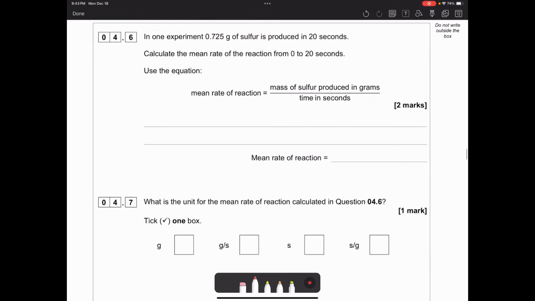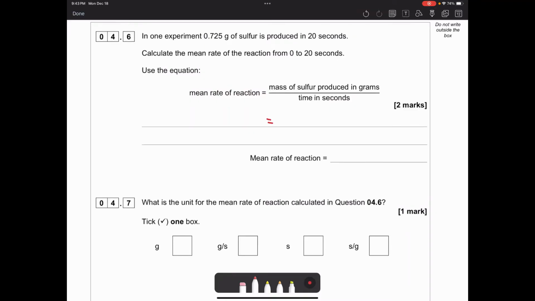Question 4.6. In one experiment, 0.725 grams of sulfur is produced in 20 seconds. Calculate the mean rate of reaction from 0 to 20 seconds, and it gives you the equation to use. So the mean rate of reaction is the mass of sulfur produced in grams divided by the time taken. So it's quite simple, you're just substituting in the values. 0.725 is your mass of sulfur, and your time taken is 20 seconds. So 0.725 divided by 20 would then give you